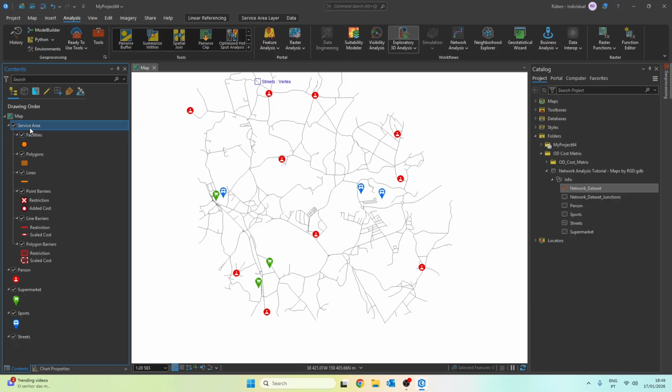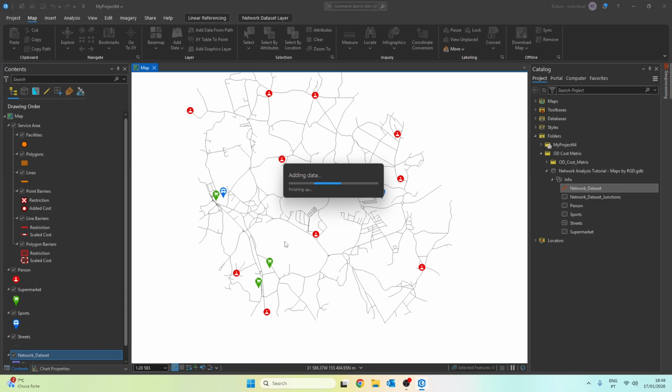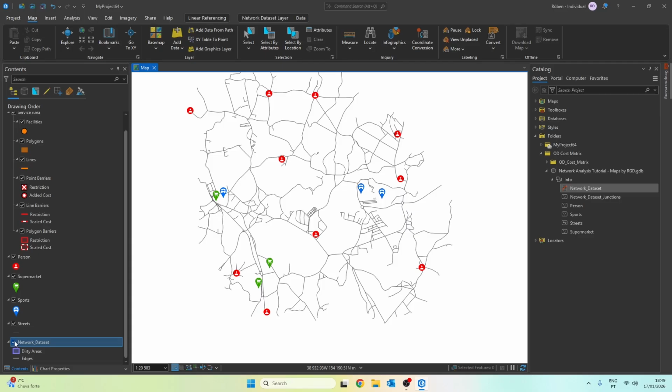Once we have our service area layer here, if we select it and want to run it, these cloud icons appear, which say solve the active network analysis layer. Solving this network analysis layer consumes ArcGIS Pro credits. So if we don't want to consume credits, we need to import our own network dataset into the project. I have never used Esri's network dataset, but I believe it's a very well detailed network. But in this example, we are going to use ours.